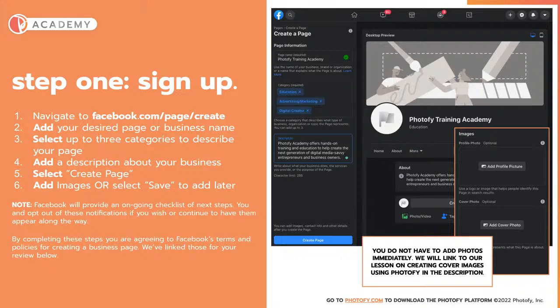So the first step is just signing up. A lot of us have personal pages already with Facebook. If you do not, you don't necessarily have to have one, but it will absolutely make this process far easier. So what you'll do is you'll navigate to